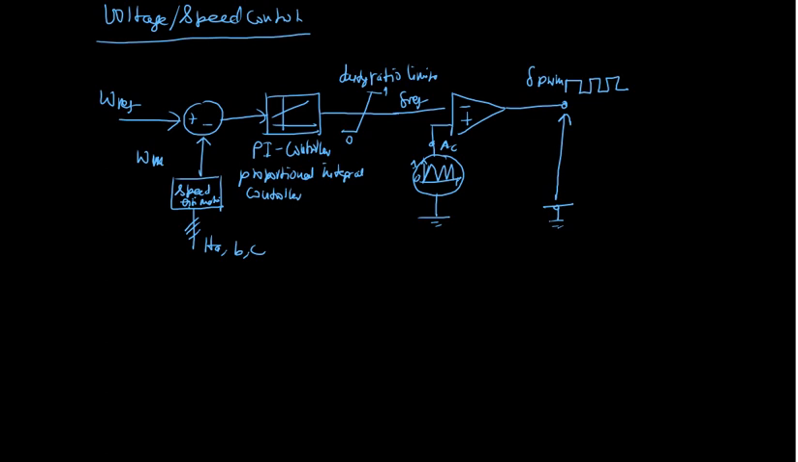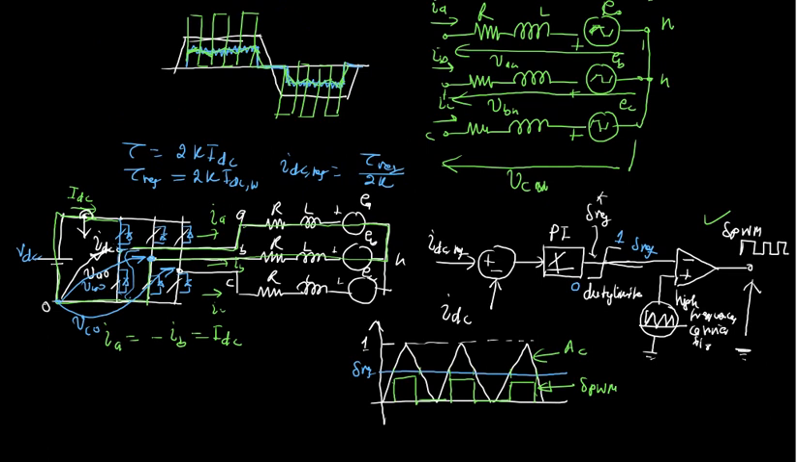Now, the problem is what? The problem is that we don't know what value we should put here in the PI controller, or what value we should put here in the current controller. So please remember that